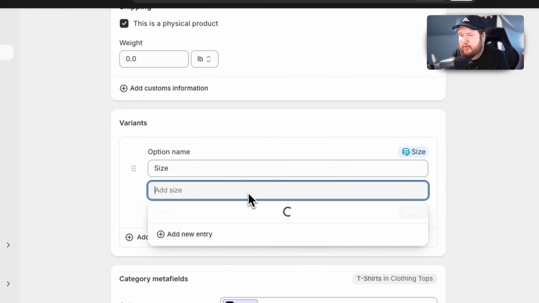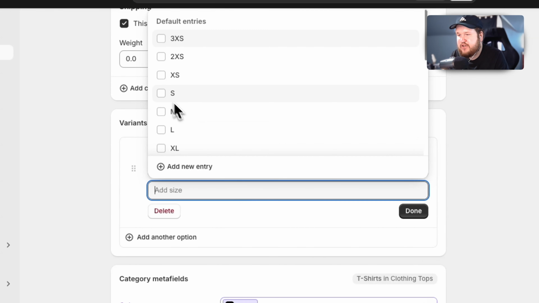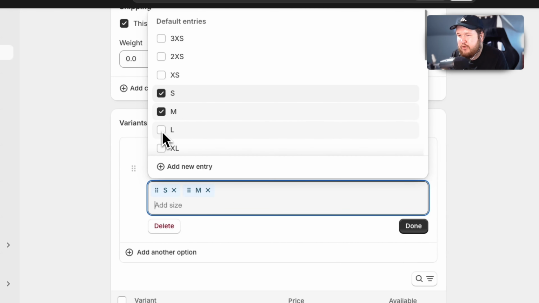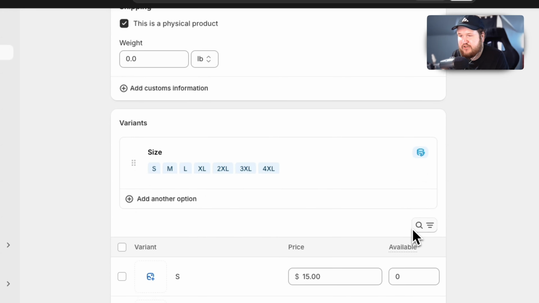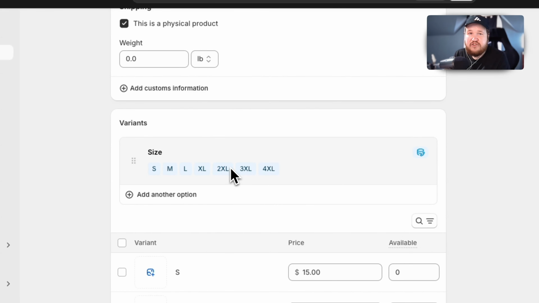So for the size variable, we can say we're going to sell these in small, medium, large, and extra large, and you can add any other options that you want as well. We can click on where it says done. And so now if they ever look at the t-shirt page, they're going to see that they can select which